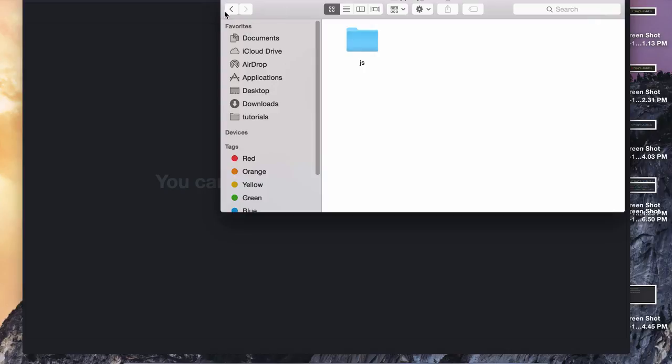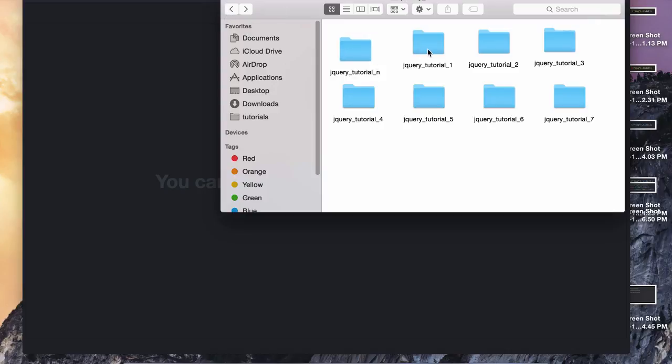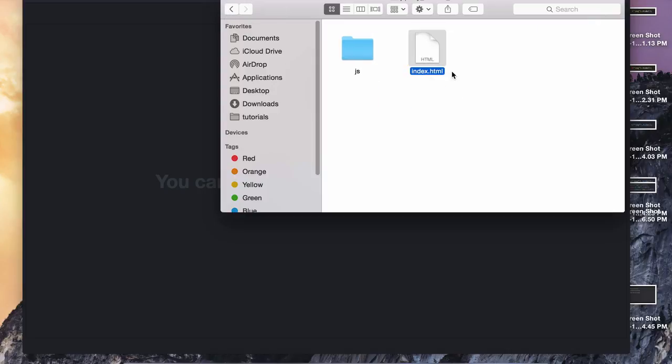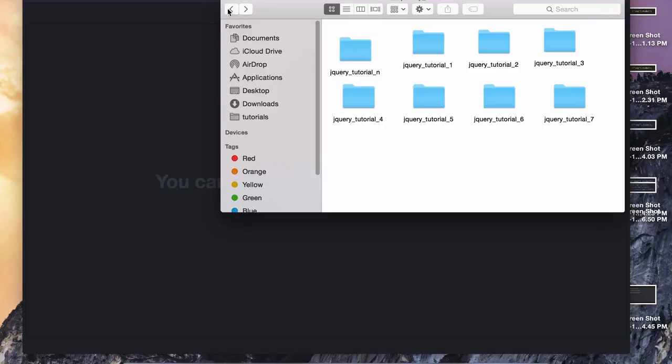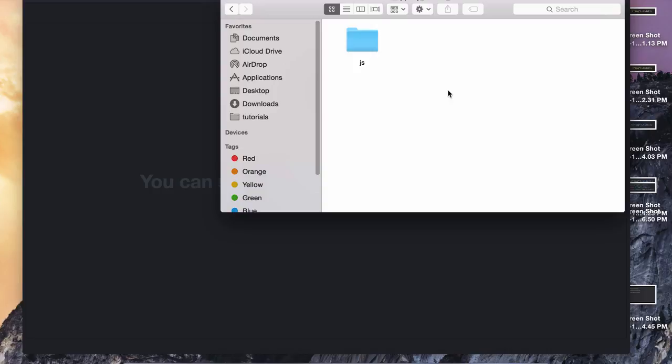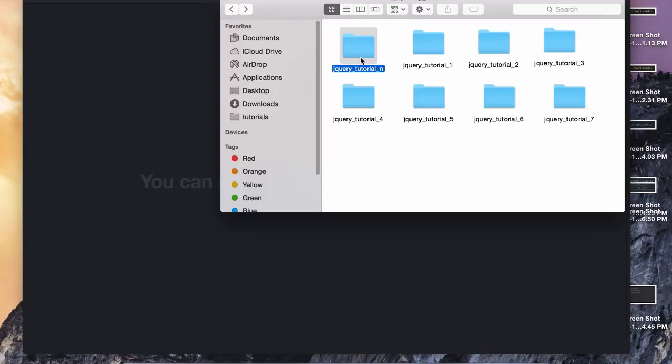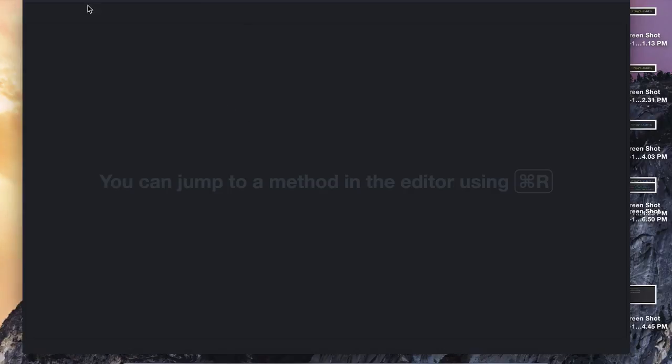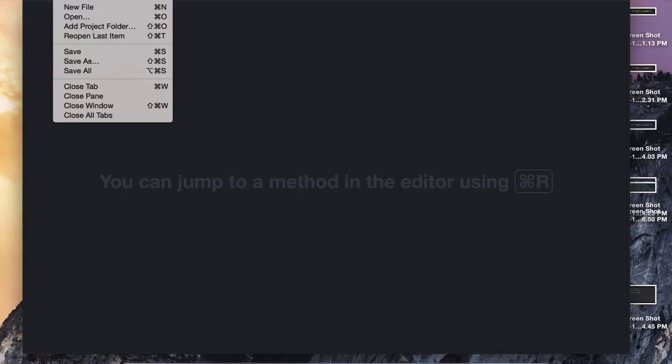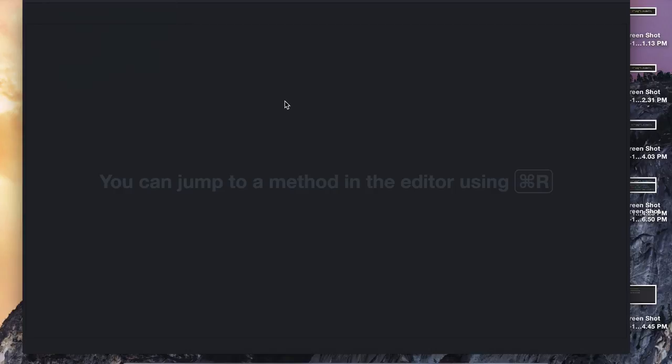And I'm going to just borrow a particular file from one of these other lessons. Let me just copy this HTML document because it has all of the tags already set up. So I'm going to paste that here as well. So now that I've created this project, this is going to be a typical setup for all the other lessons. Let me close this folder, and now I can just open that project by going to File, Open,